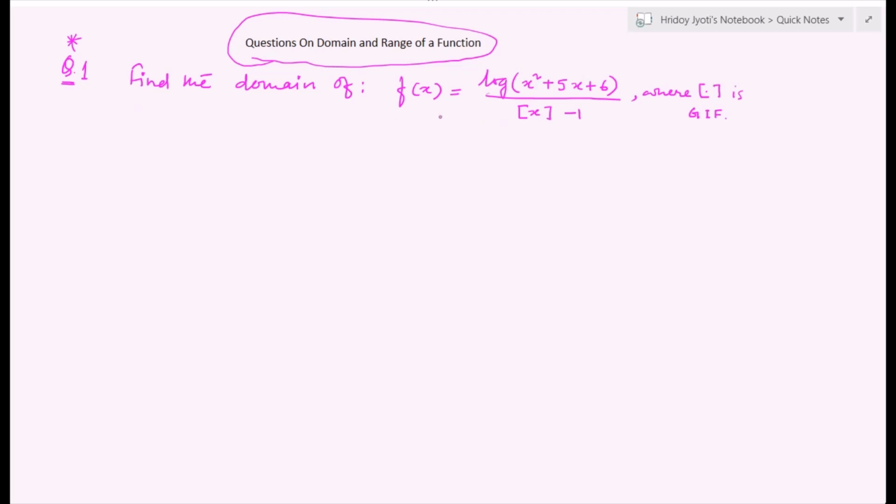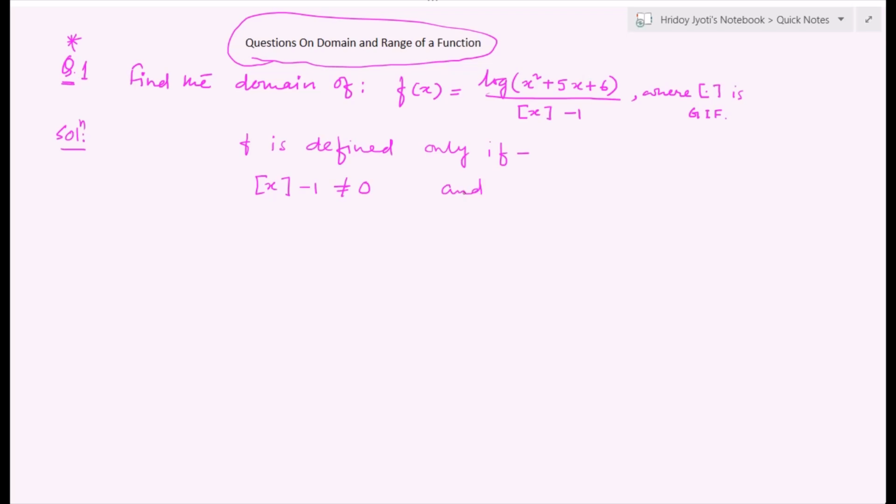Find the domain of this function f(x) equal to log of (x squared plus 5x plus 6) upon greatest integer function of (x minus 1). The solution to this problem goes like this. Clearly, f is defined only if the greatest integer function of (x minus 1) is not equal to 0